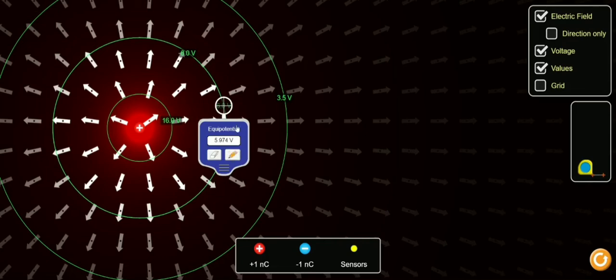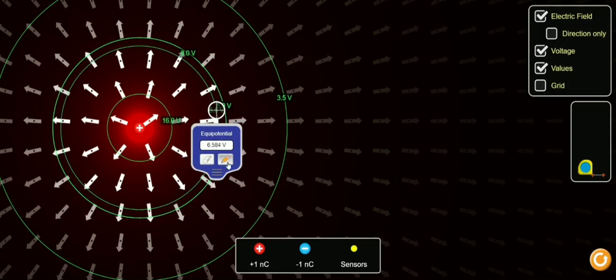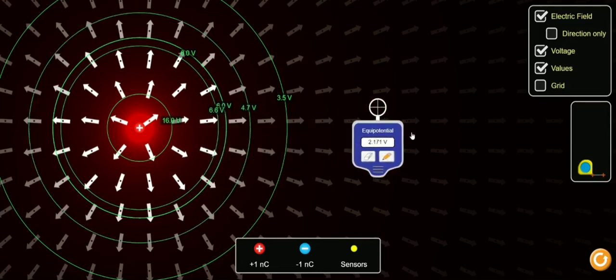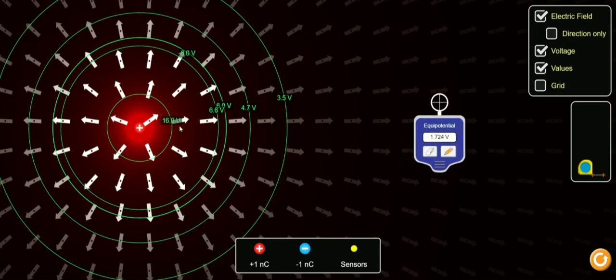You see, we will draw one more line. Where can we draw? Here we draw, right? Here also, one more thing. Here we draw. You see, when you move away from the charge, the potential is getting reduced because V is equal to KQ by R. When R increases, the potential gets reduced. So that's why it is 3.5 volt here. Here it is 16 volt, right?